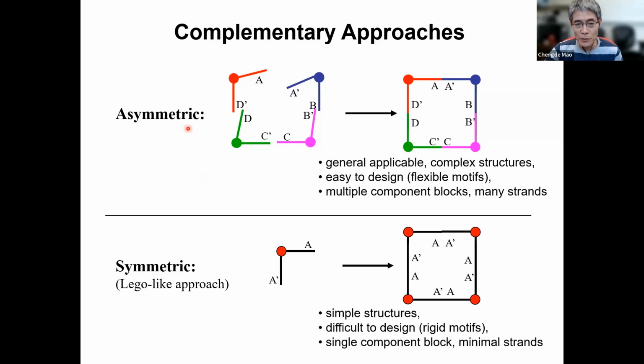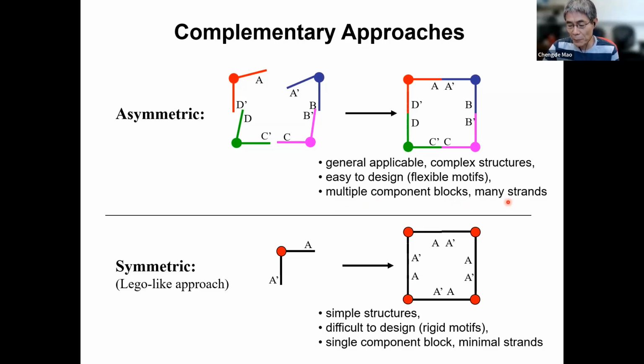First, if you look at the asymmetric approach, this is a generally applicable strategy. You can use this strategy to assemble pretty much any complicated structure. These days, with this particular origami or single-stranded tile approach, we can confidently say you can assemble any complicated structure at the nanoscale. And the design is very easy. It's very robust, very easy to design. The only downside with this asymmetric approach is that, because everywhere is different, you need to use multiple component blocks, many DNA